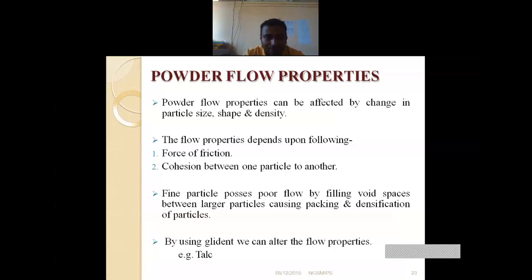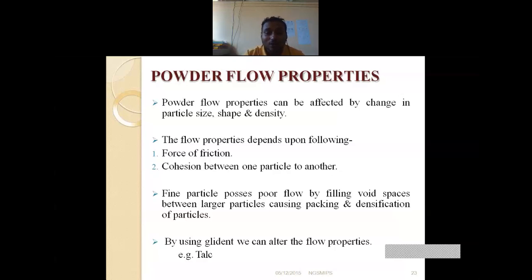It's nothing but the force of friction. That means the involvement of the force of friction. Why force of friction? We have to make the force of friction less in the preparation of a tablet or any formulation. Why are we saying that the flow properties of the particular powders or granules should be within the limit? Why do we require the flow properties? Because when you are preparing a tablet, I am giving the example of a tablet,